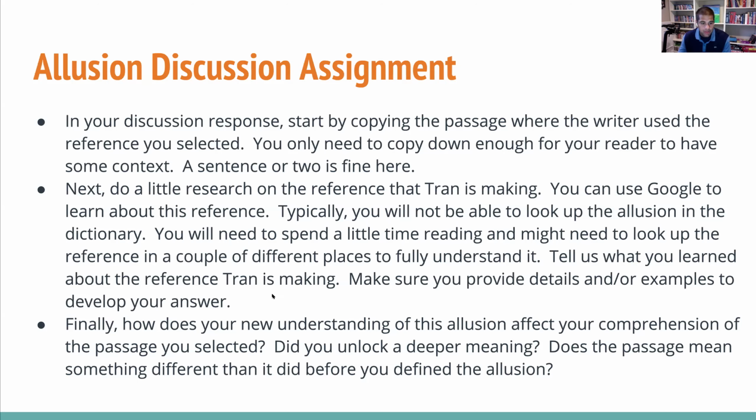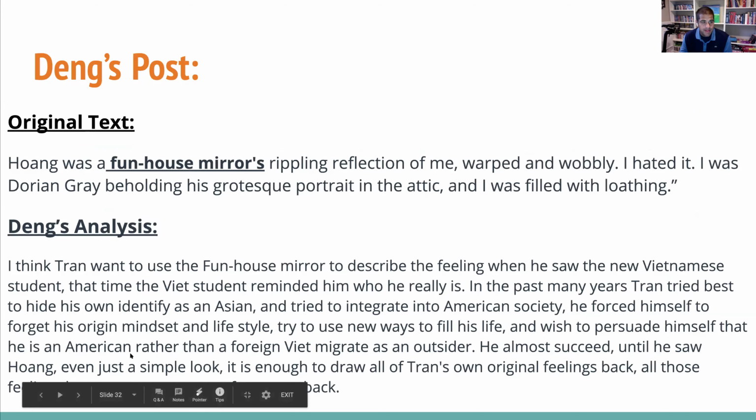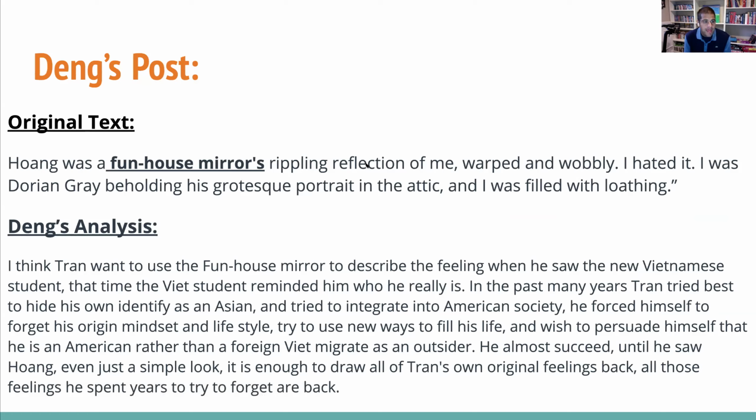And so I wanted to include an example. I thought this was really awesome. Like I said, my students are working on this right now, but this is one of my students' posts that he made this morning. So this is Dang. Dang is an international student from China. And here's a sample of what he pulled. And the allusion that he selected was Funhouse Mirror. And again, I think this is one of those examples that's great, right? Like John Hughes or referencing Dorian Gray or something like that can be a pretty obvious one.